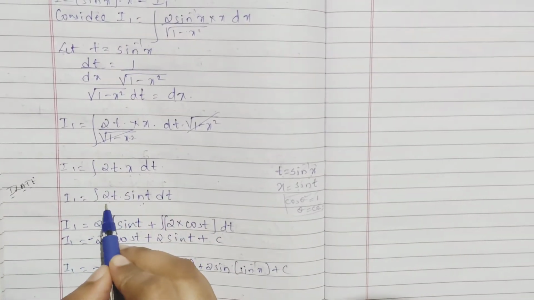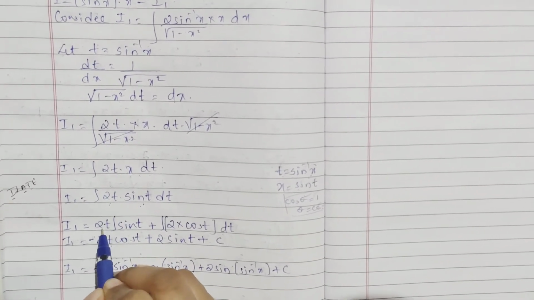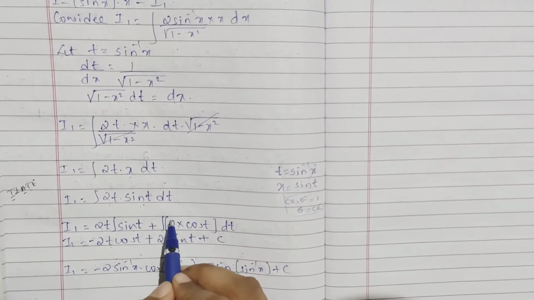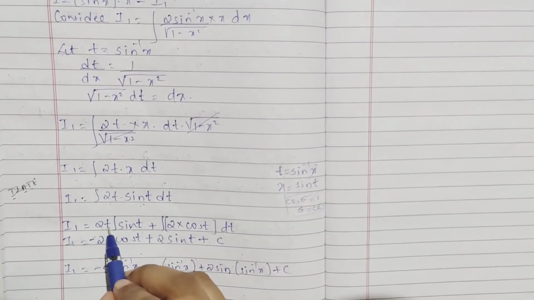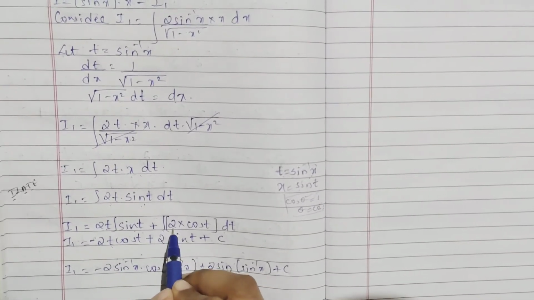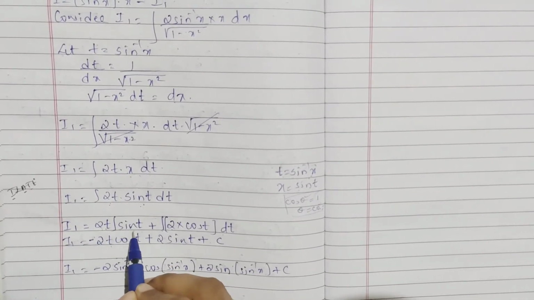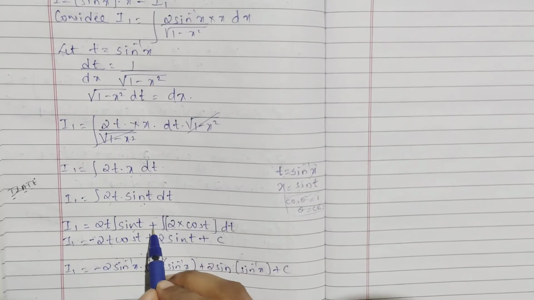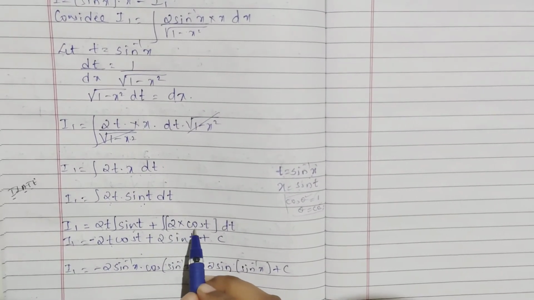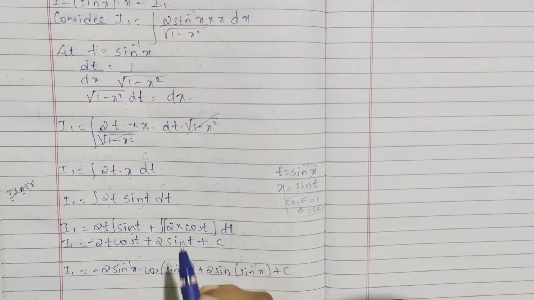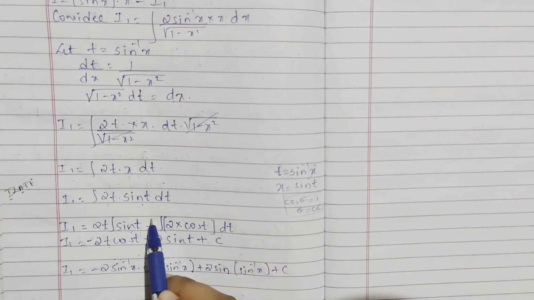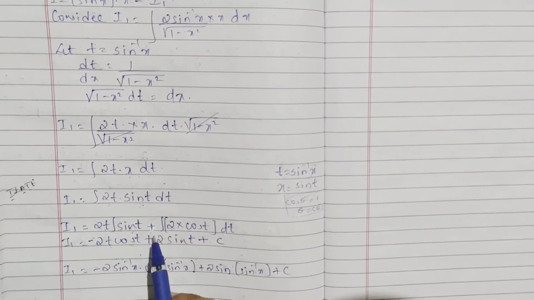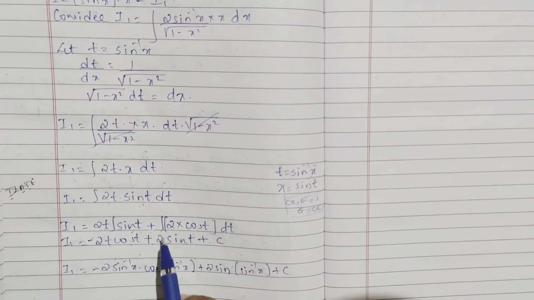So first algebraic, so 2t directly I have written. Second term integrating, minus you have, right, minus integrating, differentiating your first term. So 2 into t, differentiation of t will be what? 1. So into t, again integrating your second term, integration of sin t is minus cos t. So here already minus was there, minus into minus becomes plus. So you are having 2t, integration of sin t is minus cos t, plus again integration of 2 cos t. 2 if I keep, integration of cos t is what?